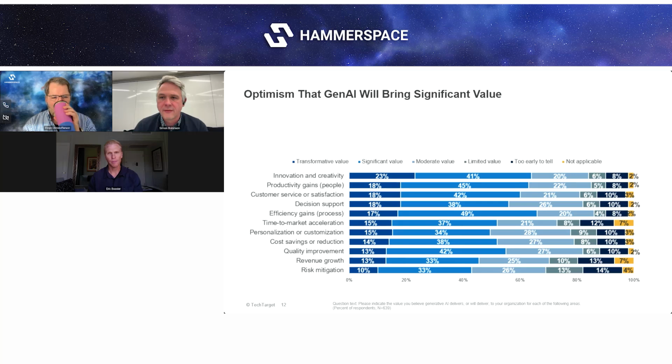In this survey, we provided respondents with 11 value options, and over half of them said Gen AI would bring transformative or significant value for 9 of these, in areas such as innovation, creativity, productivity gains, customer satisfaction. And I think this is a key reason why the opportunity is so significant: Gen AI in particular can be applied to so many different parts of the business